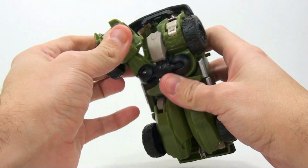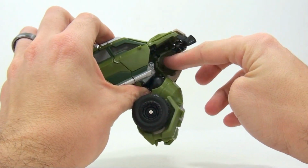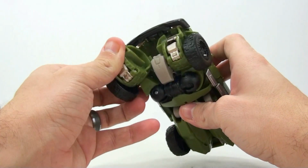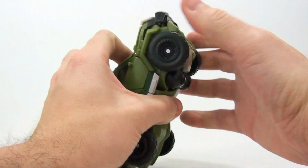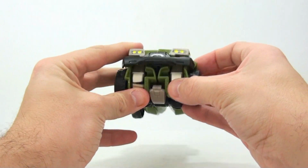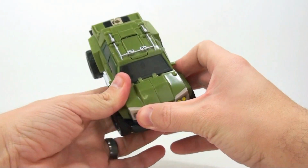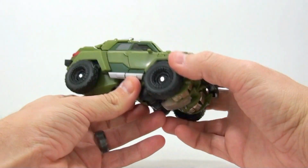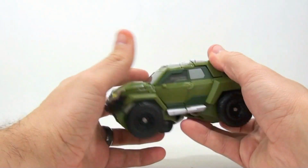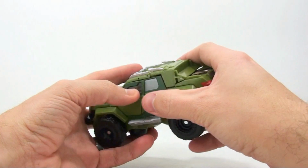Now this is where it gets a little bit trickier because you actually have this little tiny slot right inside here, which is kind of hard to see. You can kind of sort of see it there, that this peg right here has to connect to. So again, oh, that's going to be very easy this time for me. Son of a gun. Of course. All right, there. It's not as hard as I said it was. There we go. Just kind of push this in, and these actually kind of collapse a little bit further in. Come around, squeeze everything together, make sure you get everything nice and lined up properly. And here you have Bulkhead back in his